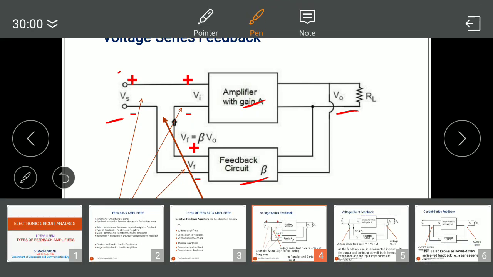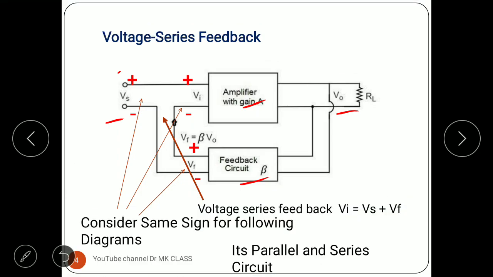This is a plus symbol at the input, and this is the plus symbol at the amplifier side, and this is the minus sign at the source side, and this is the minus sign at the amplifier input. Once you understand these plus and minus symbols, it becomes easy to understand feedback. Suppose the beta network has a plus here and a negative here, then this plus is joined to the amplifier negative, and the feedback network negative is added here. Then we call it voltage series, because the voltage will be in series here. So that's why we call it a voltage series feedback.